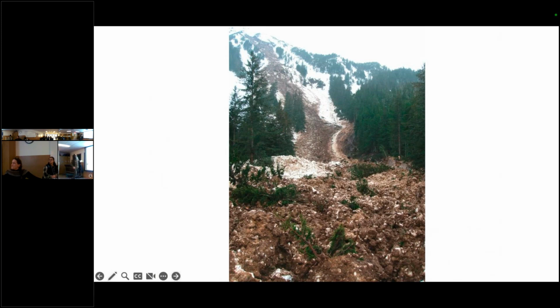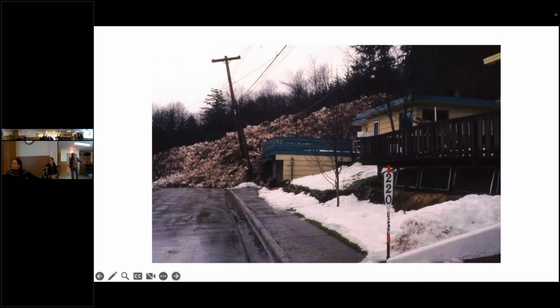My feeling is that it started up here, and you see all the dirt that's involved. I call this kind of a landslide that happened to have a lot of snow, or vice versa. The land failed, yeah. This is in Juneau. I think this is in the late 60s. But again, another urban avalanche. They've had some trouble this year as well.